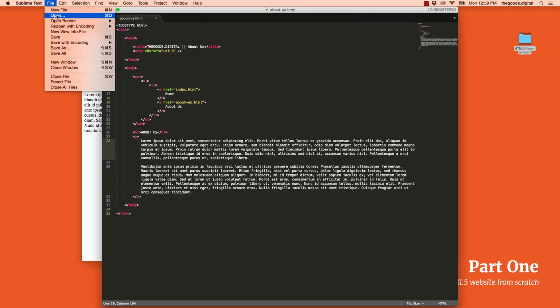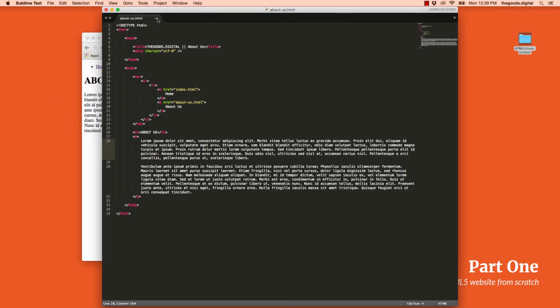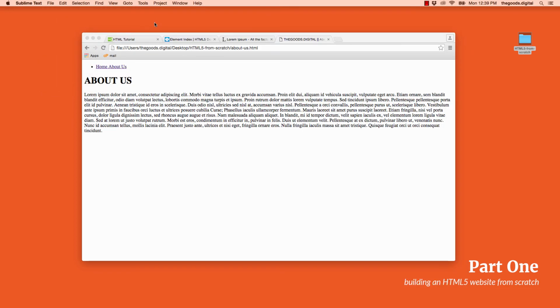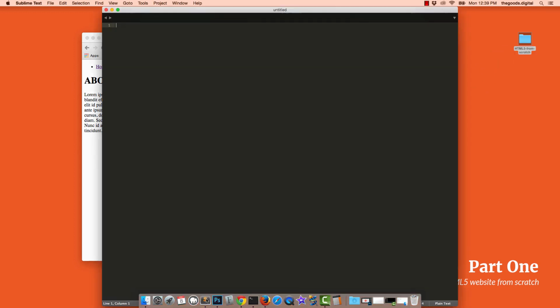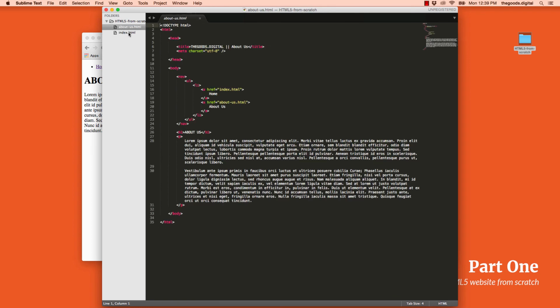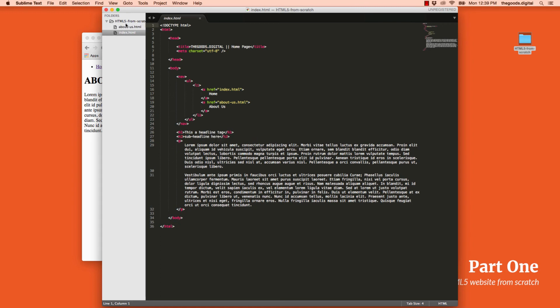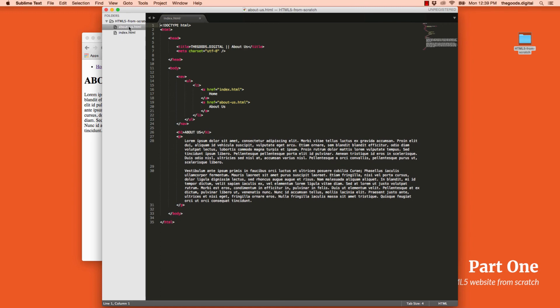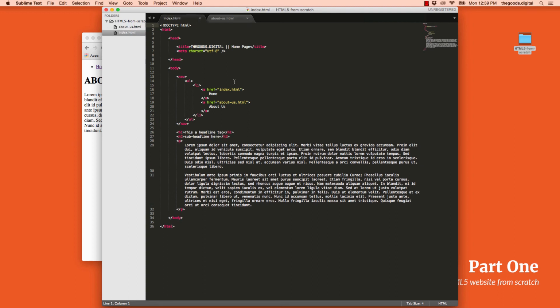Let me show you one other feature of Sublime. I'm going to close that. If we drag our project folder over to Sublime, it'll open up the whole folder and all the files within the folder, so we can go back and forth real easy. And then if you double click any one of those, it'll open up a full copy of the page. So let's go to our index page and